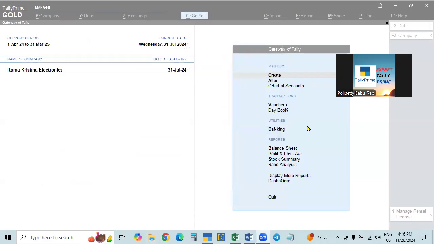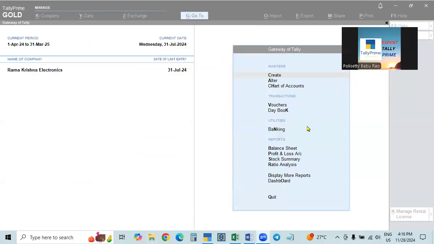When you are making the manual backup, every time we have to do it every day or every 2 days or 1 week. Sometimes we forget. If you forget that, suppose something happens to the data, it will be a problem. That is why, without forgetting,